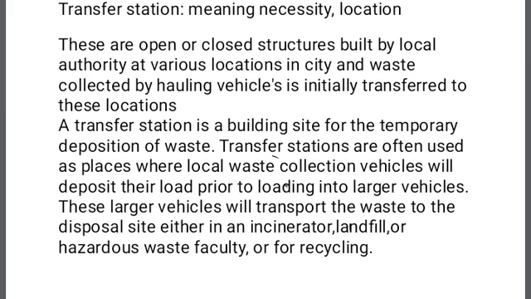Due to this, transfer stations should be constructed at suitable locations in the city or town so as to minimize the transportation distance. So we can achieve economy, or save in the cost of transportation.